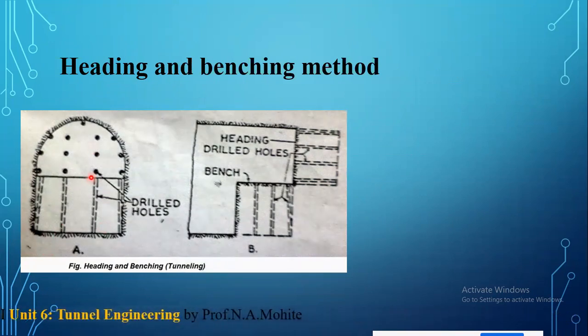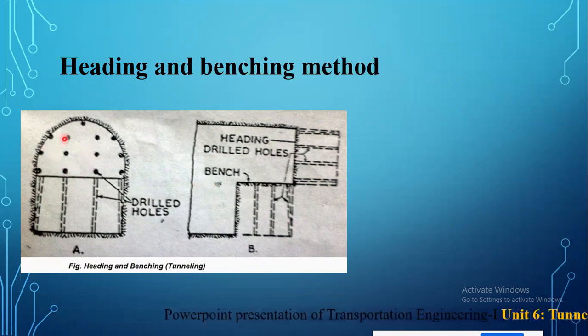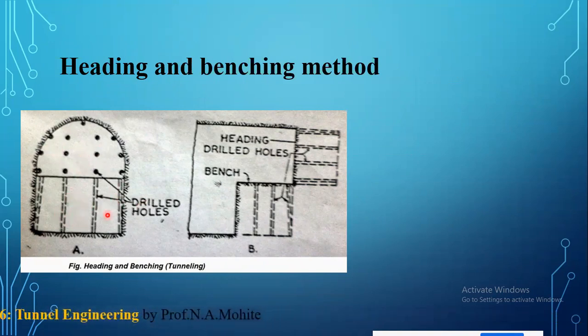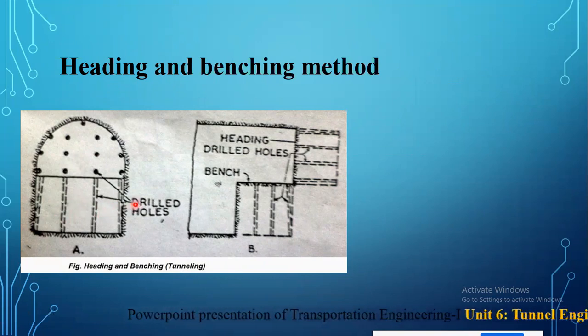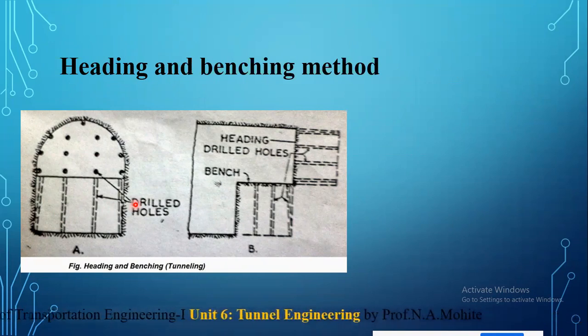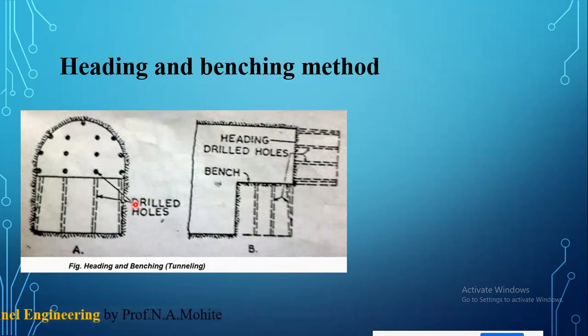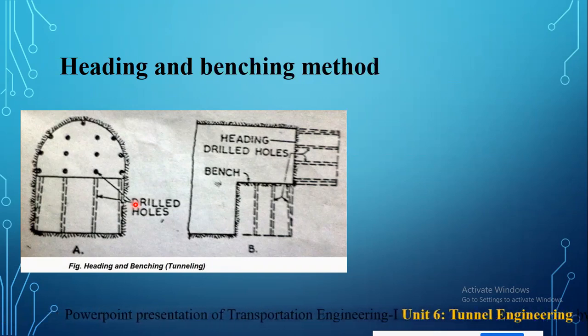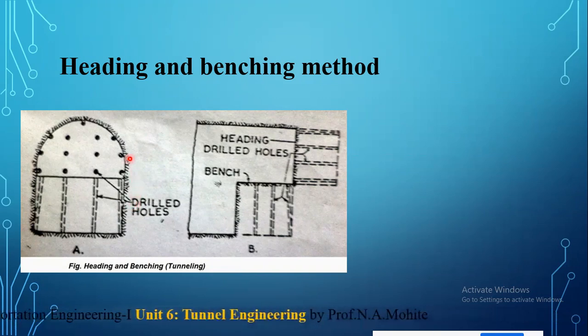Okay, correspondingly here you can see the top portion of the tunnel is known as the heading, and the bottom part is called the bench. Usually this method is adopted for railway tunnels, in which the top portion of the heading, which is above the 3.7 or 9.6 meter head from the bottom, is removed without any supports,